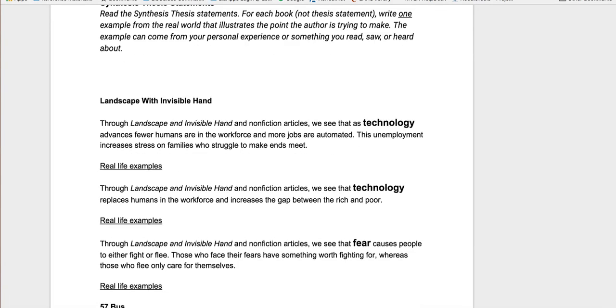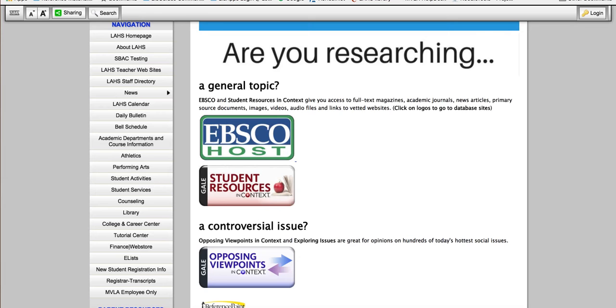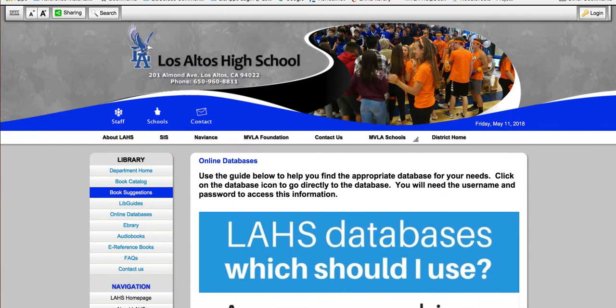And the first thing I want to do, let's say if I'm looking for a nonfiction article, is pay attention to my keywords in my thesis. So in this case, I would look at technology, automated, and unemployment as three important keywords for me to pay attention to. So we're going to go to the online databases,